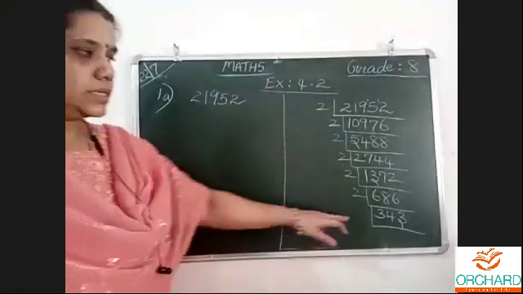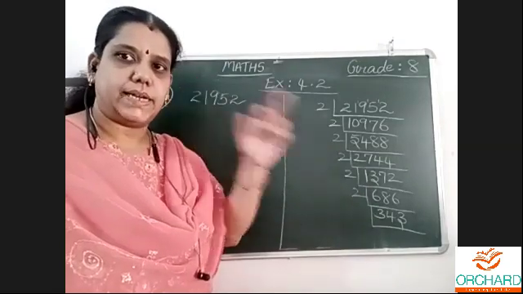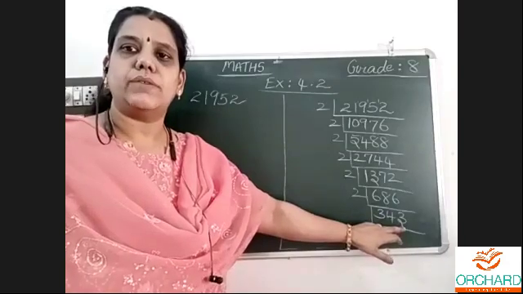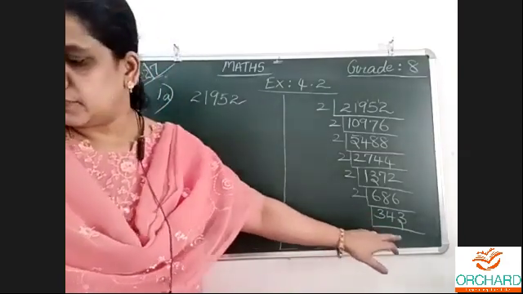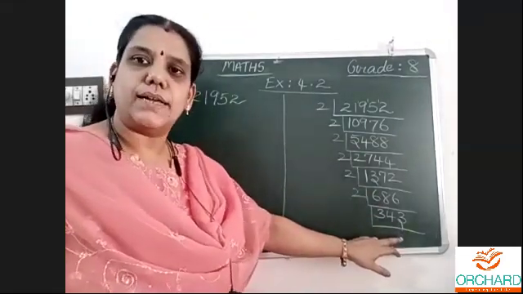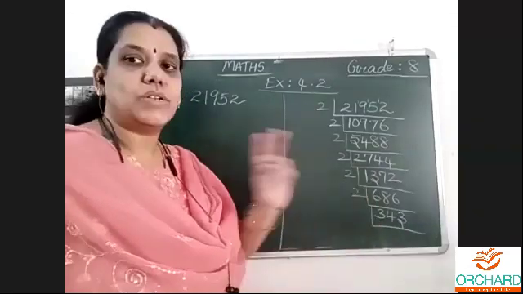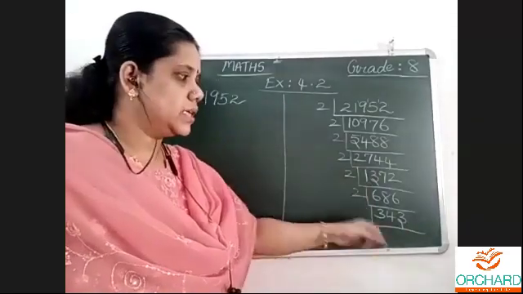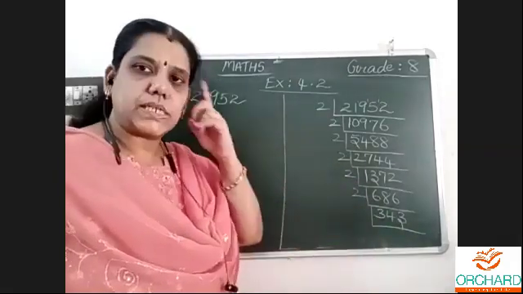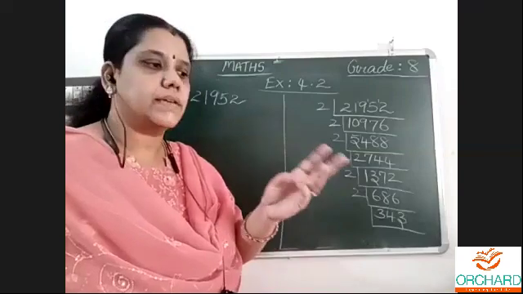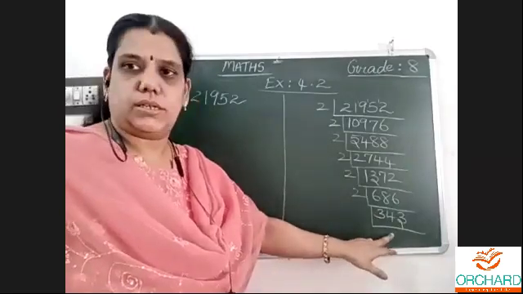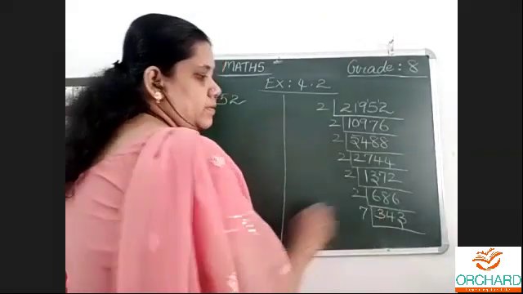Once we get 343, it must strike in our mind. 3 is an odd number. Right. Sheikh Ali, what is the mistake? Here no mistakes. Now 343 is an odd number. It doesn't come in the 2 table. So immediately we have to think of an alternative. 3 also it won't go. So 343, it must strike in our mind that 7 sevens are 49, and 7 cube is 343. So 7.